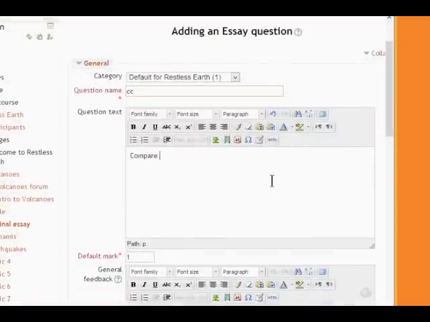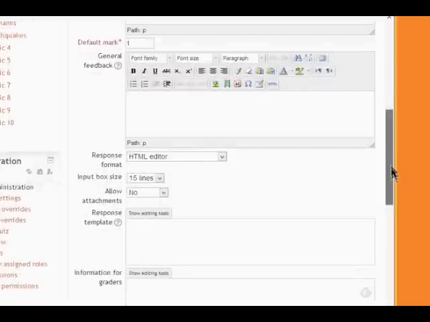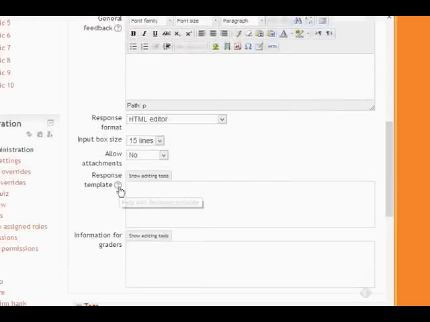So as per usual, you would write in the question that you want them to answer in the question text, and then as we scroll down we'll notice that we have a few new settings. There's actually a response template. The format means that we can decide whether we want them to respond using the basic text editor, the text editor with a file picker so they can add files, whether they can have attachments, or just the plain text editor without any formatting at all. We can decide how many lines we want it to have by default and whether or not we want them